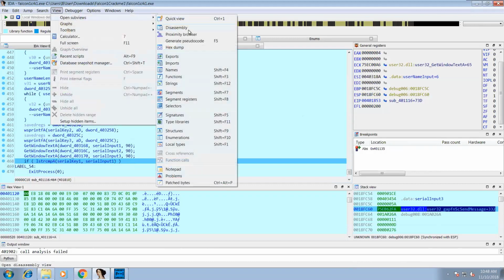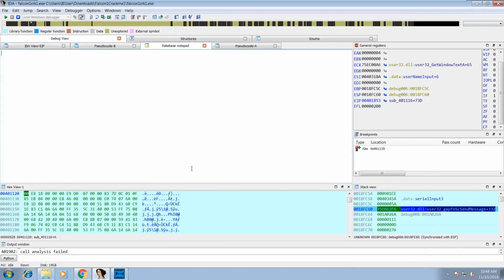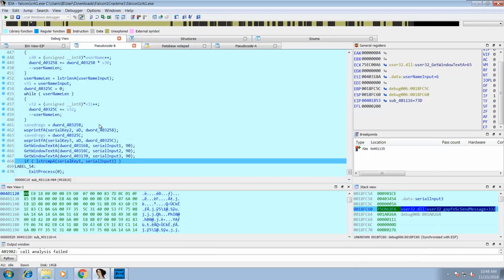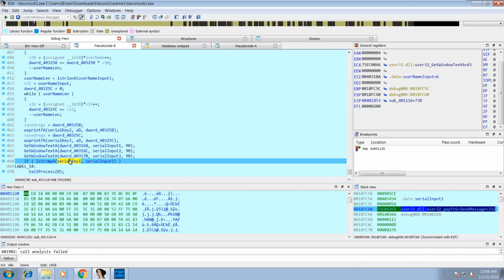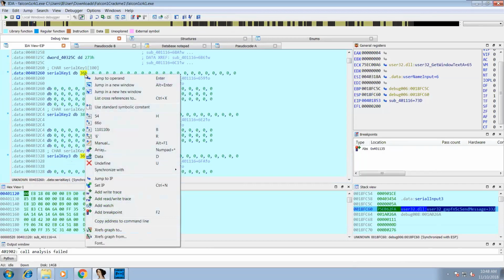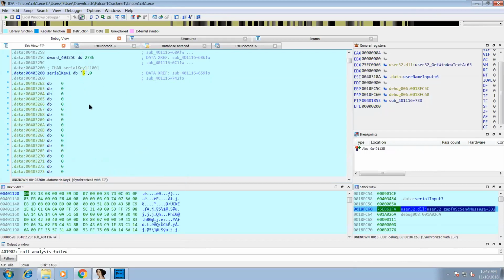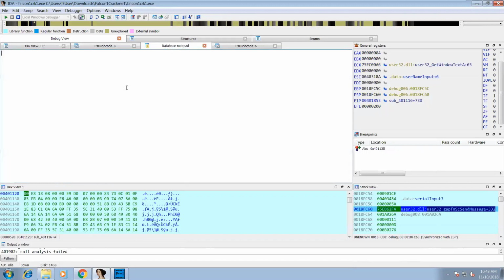So let's do something. Let's open a notepad and take up this value. What I did is double click on serial key here, but you can see it's a char here, but this one is not. So what we can do is right click on it, or you can press A and it will convert it into a char. Also rearrange it. So, notepad,